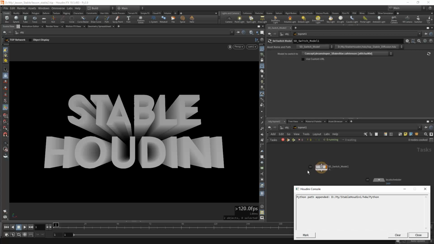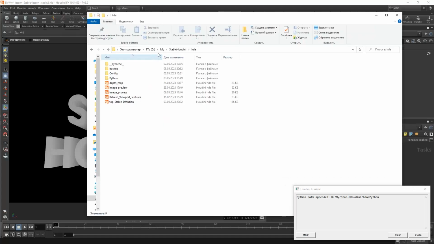After we put a first node from the SD toolset for the first time, a few things happen. First, we have appended a common Python path for this project within the DAW folder. Secondly, if there was no config folder on the disk yet, then this folder is created. Look, the config folder has appeared in the DAW folder, which contains the